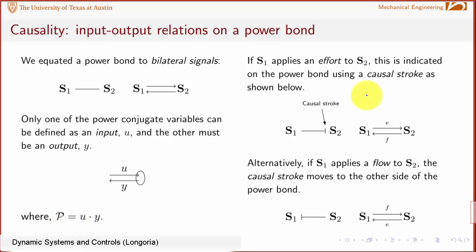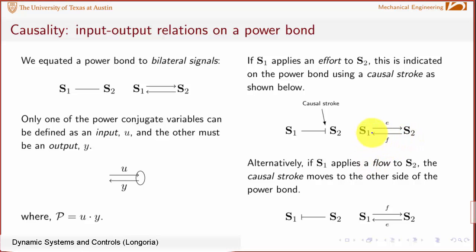The way we're going to denote that, and these methods will become more formal later, but just to show you the notation: if we have system 1 and system 2 connected by a power bond, we can specify that system 1 imparts an effort by using what's called the causal stroke, which is just a vertical line. When we draw the causal stroke next to S2, basically what we're saying is that S1 is imparting effort to system 2, and system 2 in return specifies flow